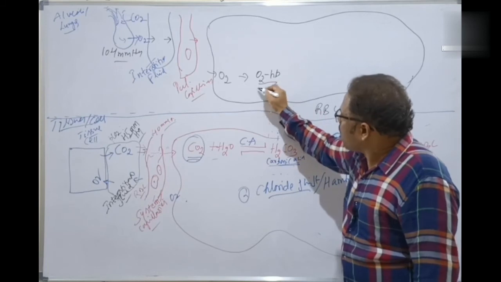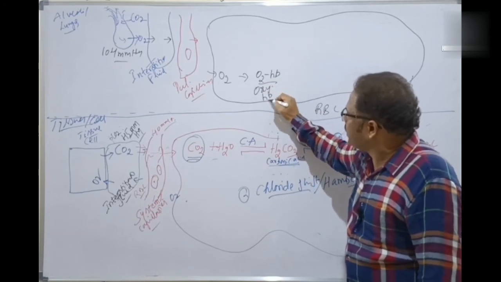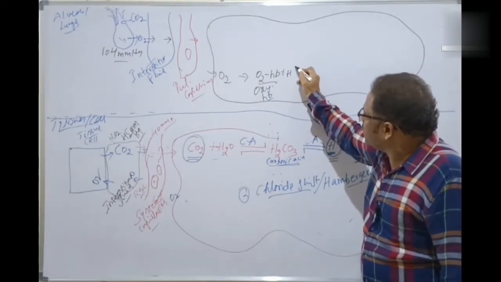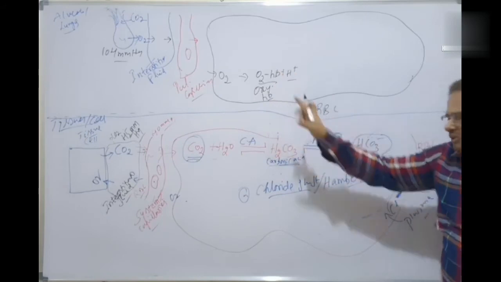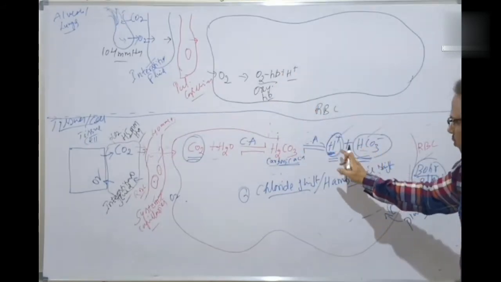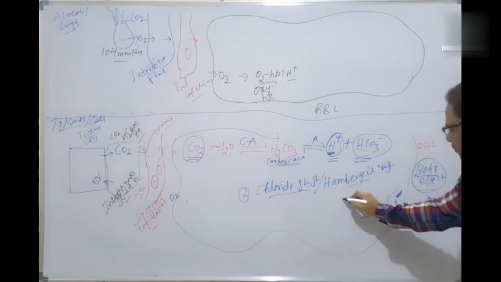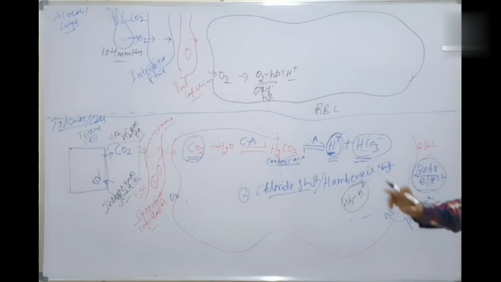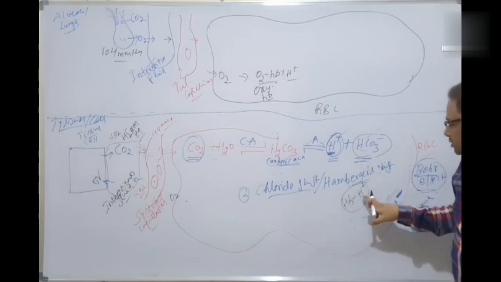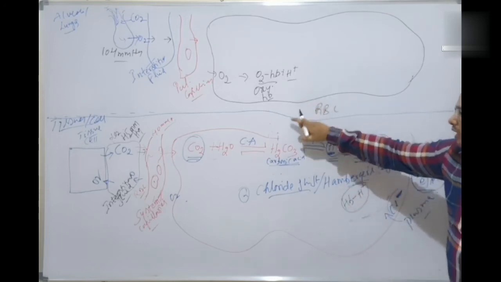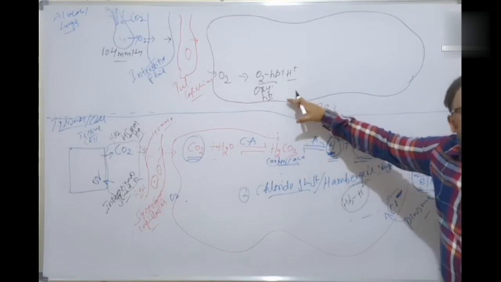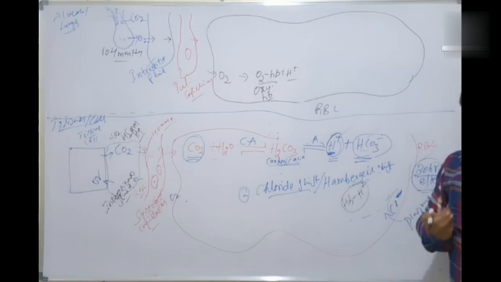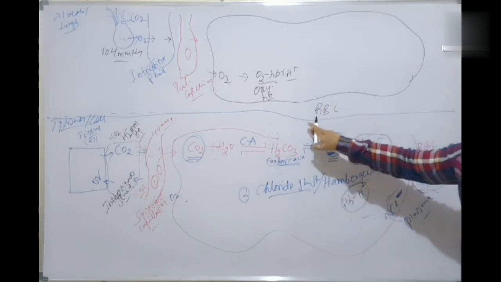What is this one? Oxyhemoglobin. Now the hemoglobin already has which one? H plus ions. Here the twist is there. I already told you the hemoglobin is bonded with H plus ions. Buffering, isn't it? Because if the hemoglobin let loose the H plus ions, they would go across the plasma membrane into the plasma. Then it upsets the metabolism of the human being. In severe cases, it may be fatal also.